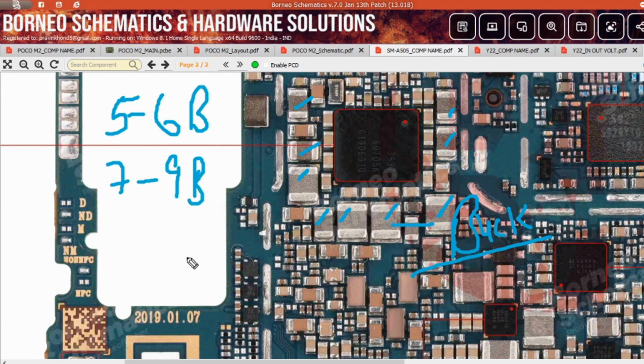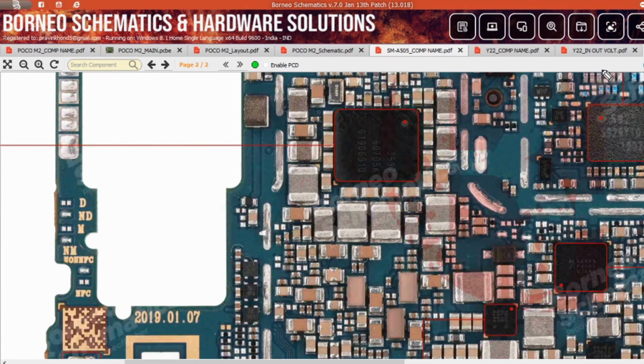In phones with multiple powers, right, which have 2 powers, 3 powers, 4 powers, you get 20 plus buck coils. I mean to say buck lines. I hope you get my point, what I'm saying to you. Now, how do these buck lines work, I mean to say inductors? Also one thing, you will see similar